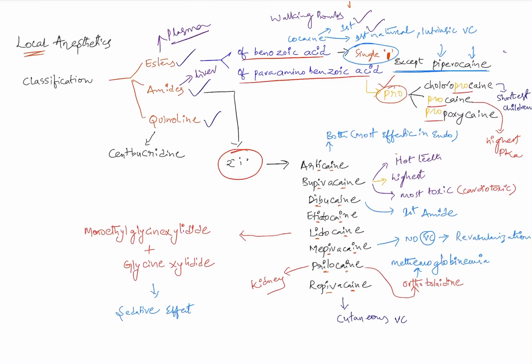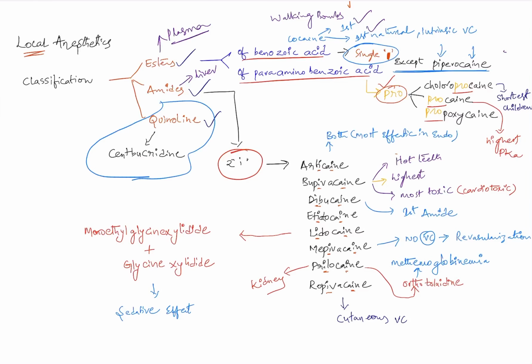This is the basic, because they can ask you which of the following is metabolized in the liver, which means indirectly they're asking which of the following is an amide. Which of the following are metabolized only in the plasma? Plasma means esters. Apart from this, just make a note of the single examples in this particular group, which is again a most commonly asked question. So we'll go for most of the single liners.